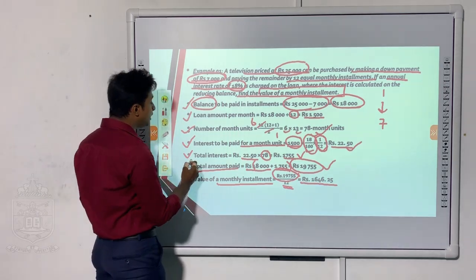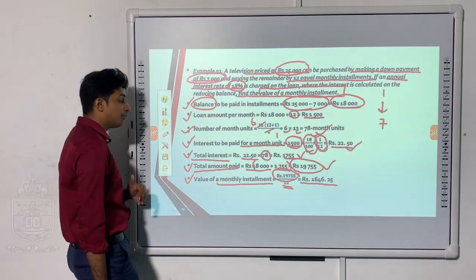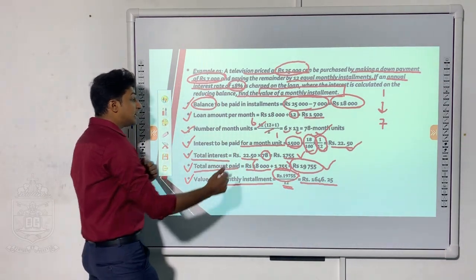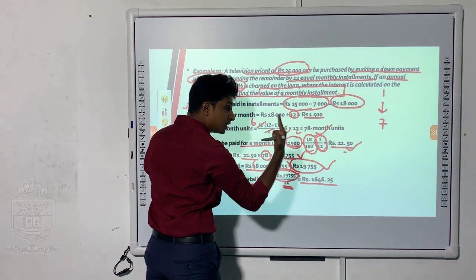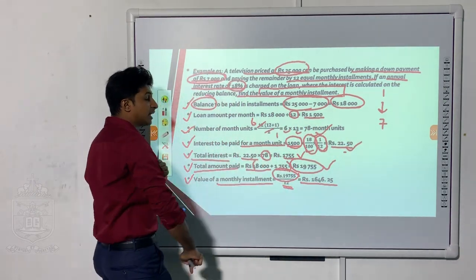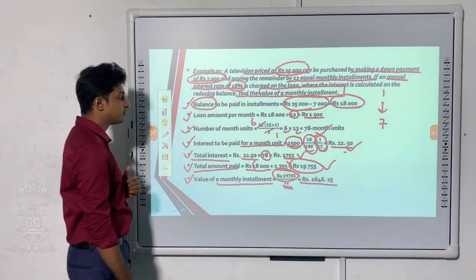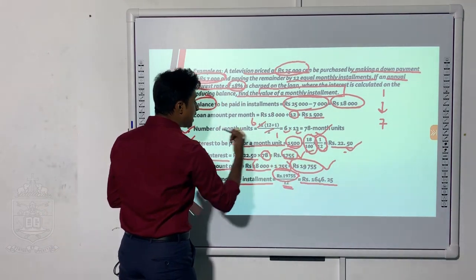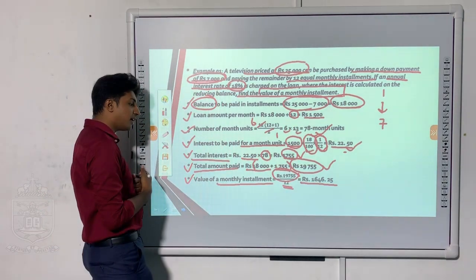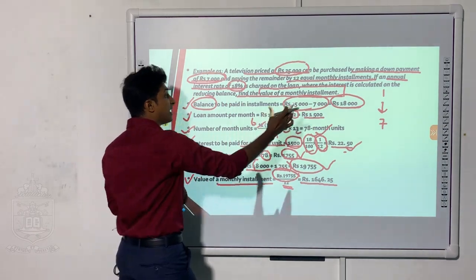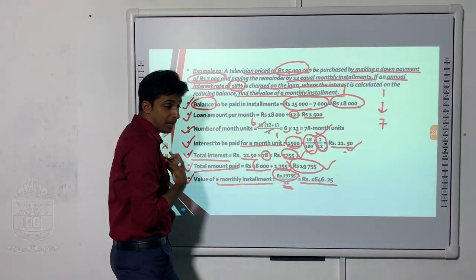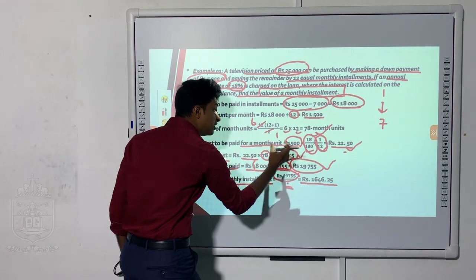Then the total interest I have to pay, I am going to search next. To find that, this is the interest for a month unit, so I have to multiply that with the number of month units. Then I get the total interest I have to pay is 1755. Then now I have to pay 18,000. That was my balance. Now I have a total interest of